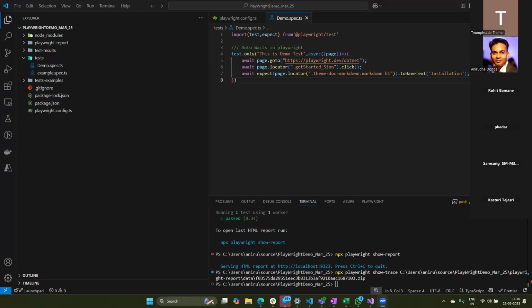Some of the syntaxes are the same as Java. If you know Java, you can just correlate it and understand how to do it in JavaScript. My main intention is that we need to understand all the concepts of JavaScript, and then we can go for Playwright.